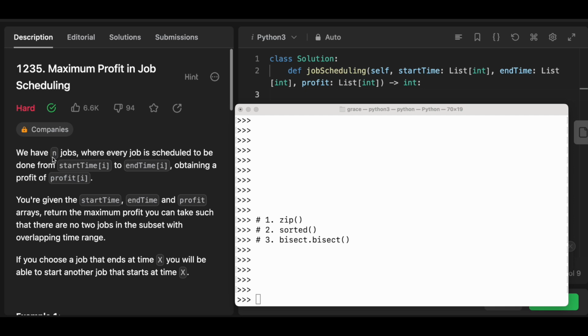It is a hard problem. It says here we have n jobs where every job is scheduled to be done from some start time to end time, obtaining a profit. We are given an array of start times, end times, and profits where each index corresponds to that job, and we are to return the maximum profit such that there are no two jobs in the subset with overlapping time